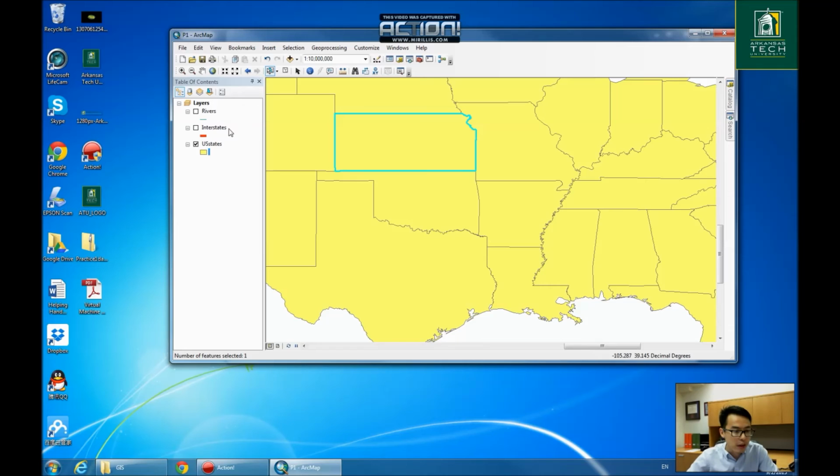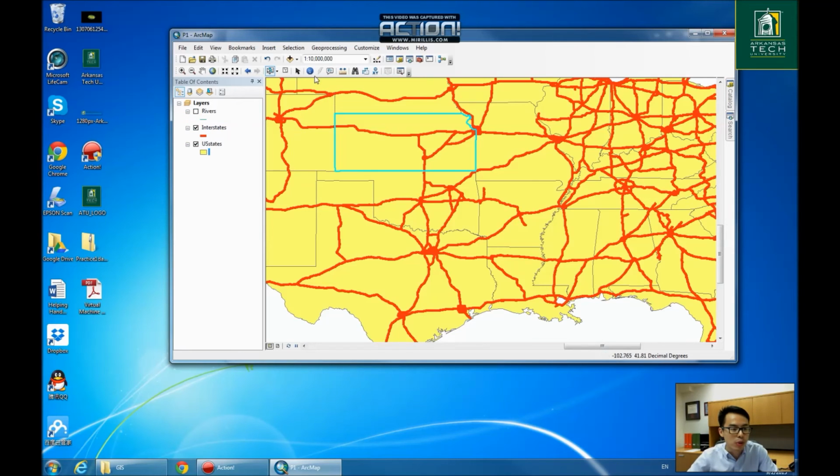Find features is another interesting tool. Let's clear all the selections. For example, if we want to find I-95, how can we find it? Very easy. We use the find feature icon,